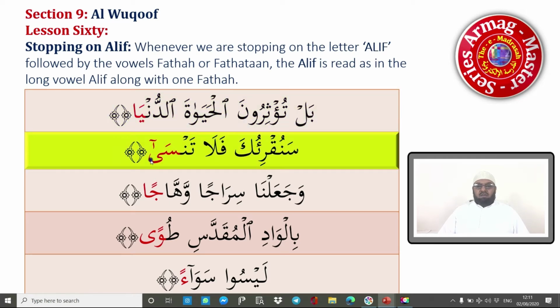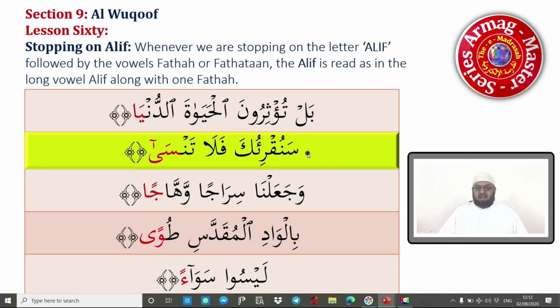Here we have Alif al-Maqsura, which we learned already. Ya without two dots with a little alif above it, it is called Alif al-Maqsura. Okay? So Alif al-Maqsura also comes after Fatha, so we have to recite it as the long vowel Alif. So this word will be tansa. Okay? The whole ayah goes, Sanuqri'uka fala tansa.